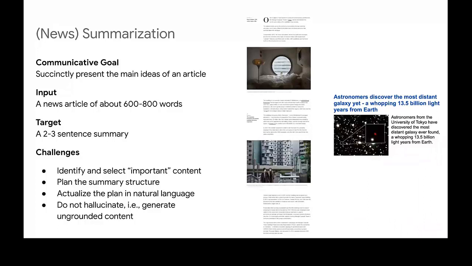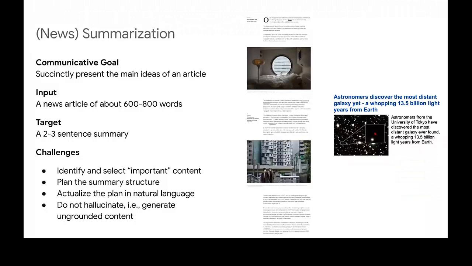We can quickly see that there are many, many challenges of this task. Importantly, an NLG system needs to identify and select the important content from the long article and plan the summary structure in some way.